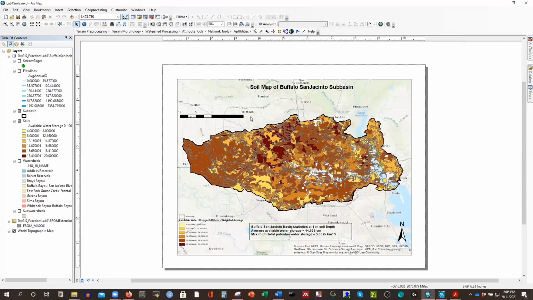Hi there, welcome back. So today I'm going to show you how to calculate curve number from soil map. We already have an idea about this type of soil map, right? We downloaded this data from the Soil Survey website and we processed this soil map, and now I'm going to show